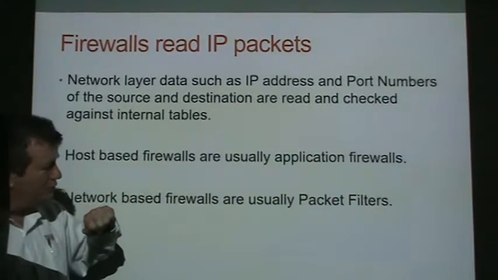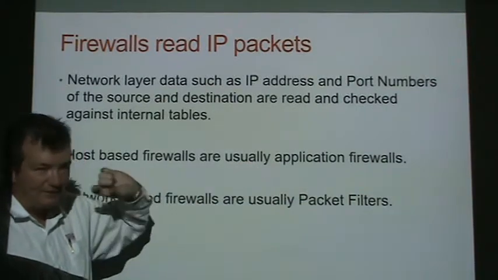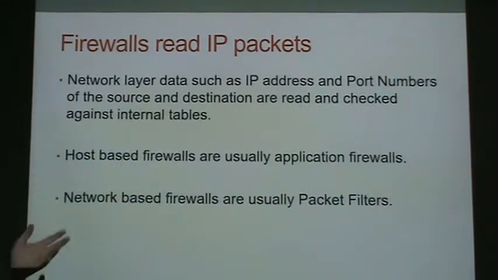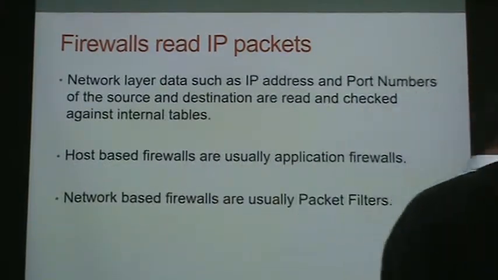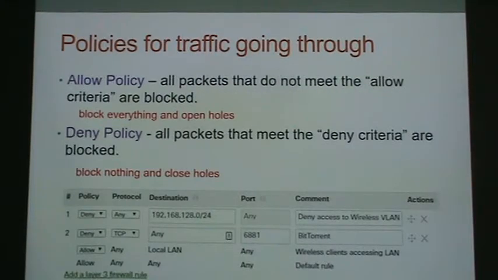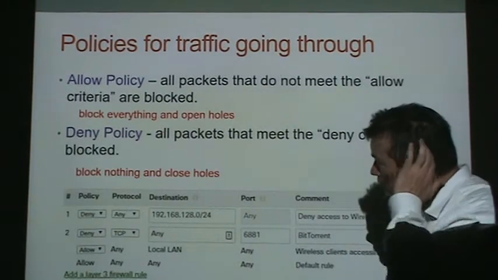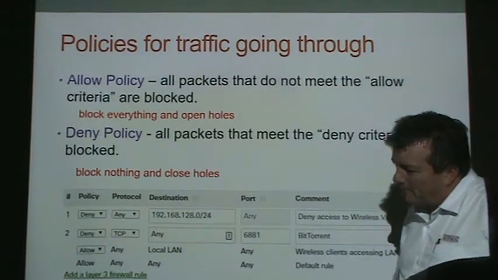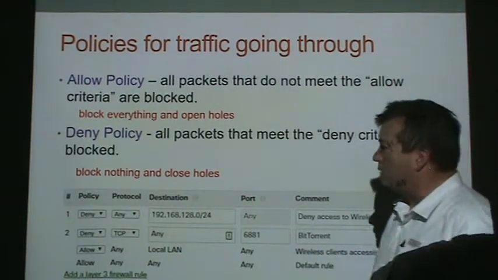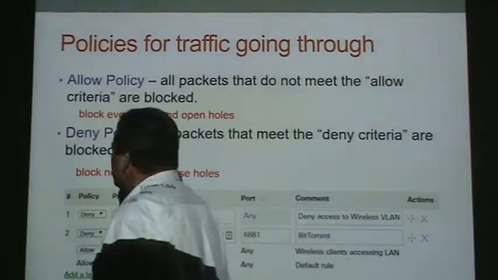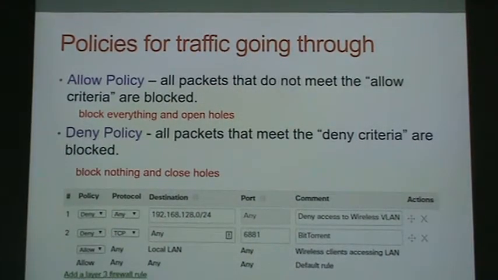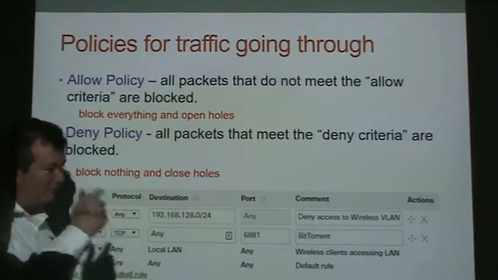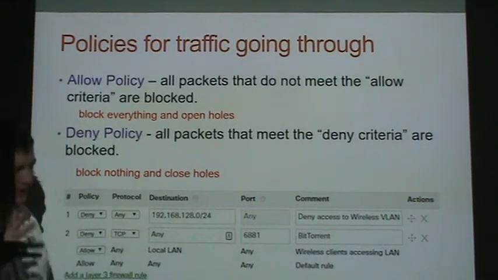Host-based firewalls are usually checking information at the application layer, of the OSI or TCP model. And network-based ones are usually packet filters, so they're reading the packets, usually at the network layer. Now most of the firewalls are software-based ones. So you can download a free firewall, and then there's ones you pay for, usually about $50,